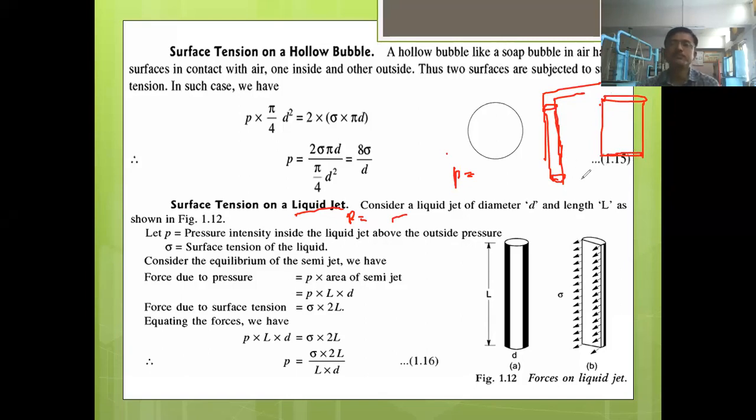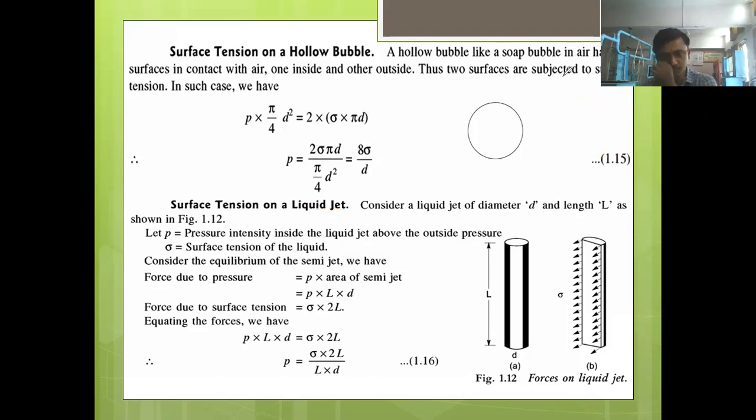So here we are finding what is the pressure intensity inside this cylinder or liquid Z. P is equal to how much, and how to find this? To derive the equation for the pressure intensity of this liquid Z, again what we are doing here, we are cutting this liquid Z cylinder in two halves. त्याला आपण चाकूने असं कट करूया. ठीक आहे. आणि हा कट केल्यानंतर आपल्याला एक पोर्शन कसा दिसेल? It will look like this. One of the portions will look like this.